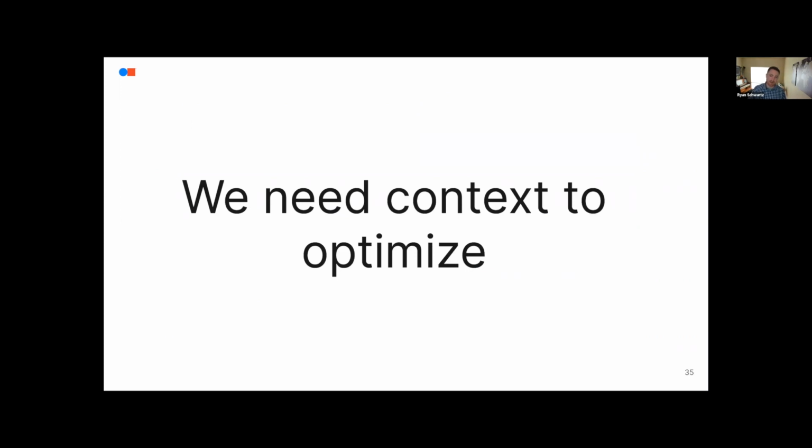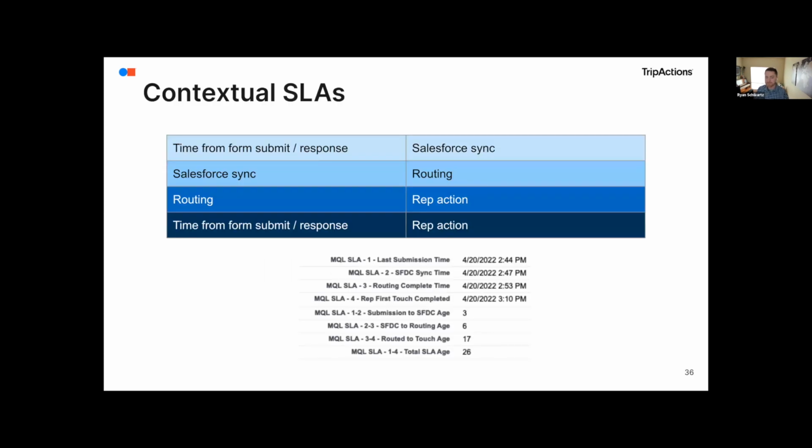So we need more context to know how to optimize speed to lead. Speed to lead, I think we all can agree, is incredibly important, especially for those tier ones, those high intent inquiries that are coming in. Speed to lead matters. So if you don't have all the context, you don't know what to optimize. So my recommendation is basically to optimize